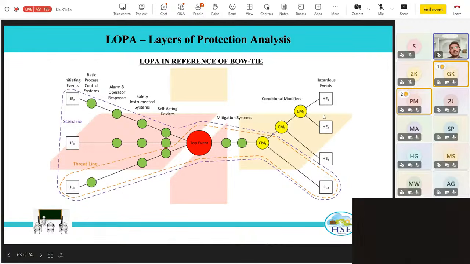Now, in spite of all these safeguards already provided in the system, there could be a possibility that all of these holes are aligned, like a Swiss cheese model where the holes are aligned. There can be certain errors or ambiguities where these things could be aligned and still lead to an event. Okay, so all these protection layers that are to the left of the top event, which is in red, are called protection layers because they are preventing an incident